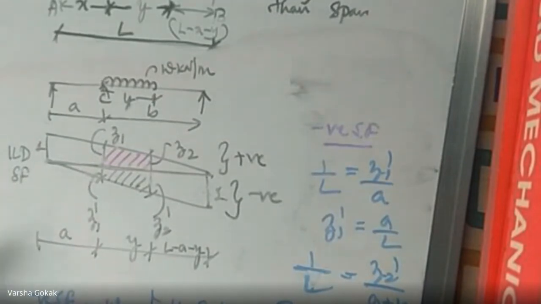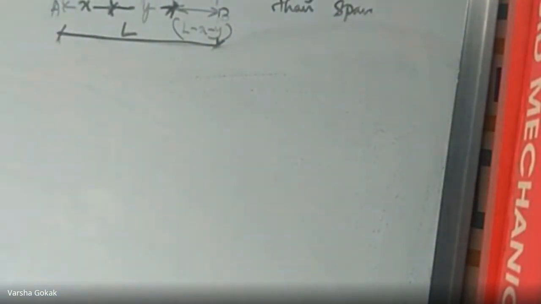Now we have to find the bending moment. Last step, we have to find the bending moment. Yesterday I told you, when we are finding the bending moment, we have to place the load in such a way that we get the ratio x by a and L1 by L, right? So we'll have to place it like that.